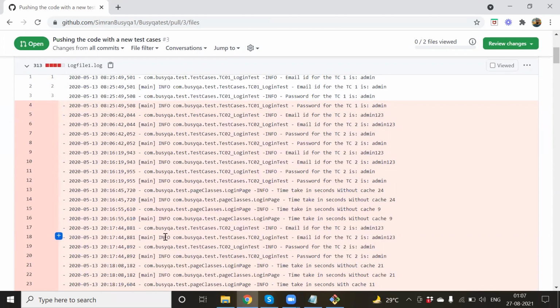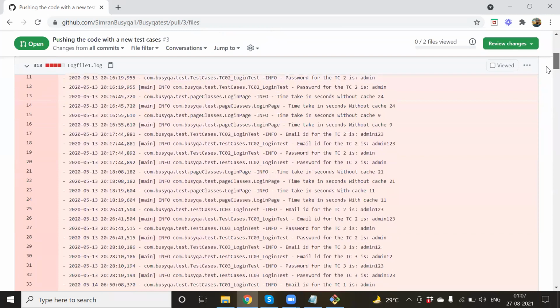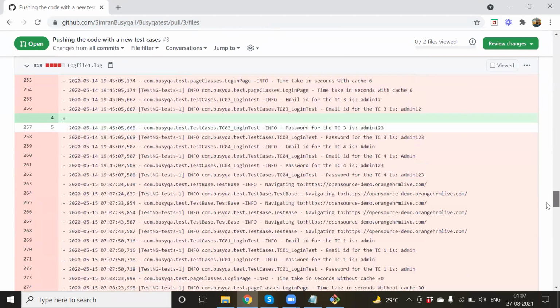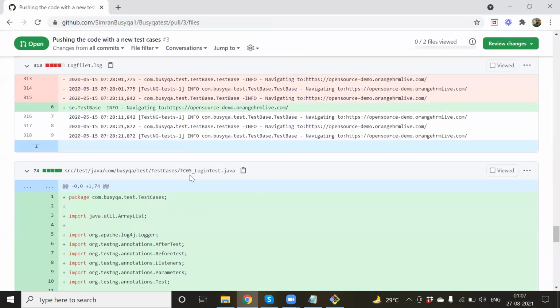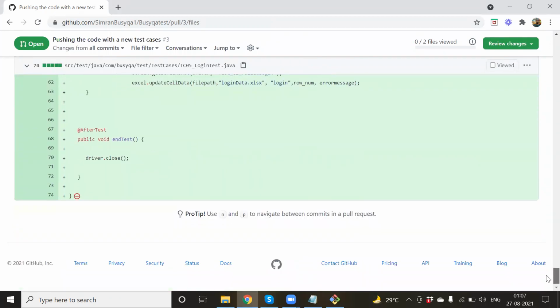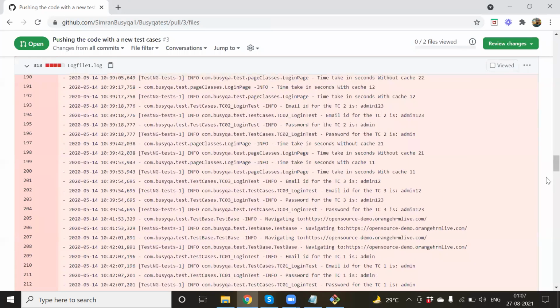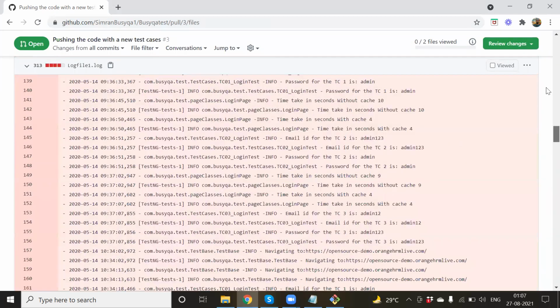So there is a minus sign and there is a little bit of red highlighted area. That means it has been deleted. These lines in the file have been deleted. There is some plus sign maybe. Plus sign means there has been some addition. So maybe by mistake we gave some space. That is fine. Okay, and then this is a completely new file, guys. The TC05 login test that we created was a completely new file. So you can see everything is plus only here, and everything is green. Green means there is a new addition. This is deletion, and the green highlighter is your addition.